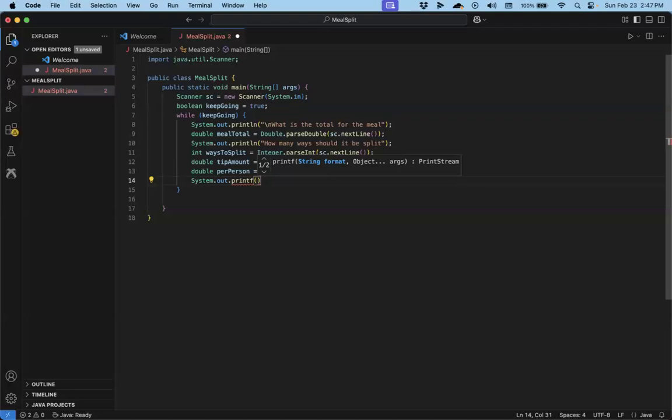So printf, I'm going to start with a new line, %n. The new line on a print line is the \n, but on a printf it's the %n. It's just the difference in the printf and the print line statements. Different nomenclature, but they work the same way. Printf, new line, and I'm going to say the tip amount is,